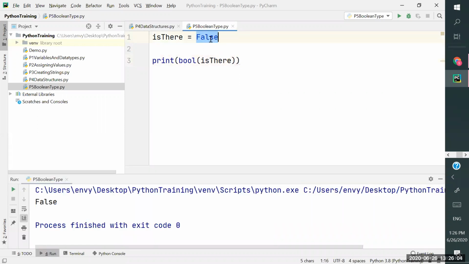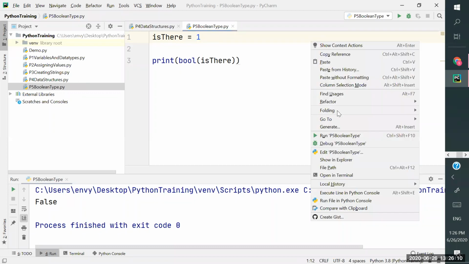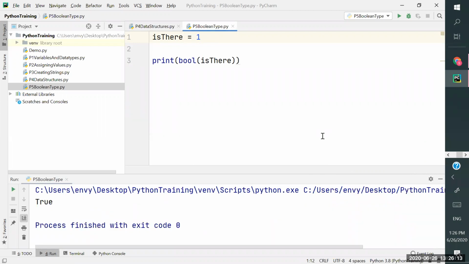But what will happen if I give a number here? I'm giving 1. So 0 and 1, of course, replicate true and false, right? So here 1 is true and 0 becomes false. This is fine. There is no worry about this numerical representation. So let's see what will happen when we give this as a string representation. Within double quotes, I'm giving true and converting the true into Boolean type. So it says it is true, fine.